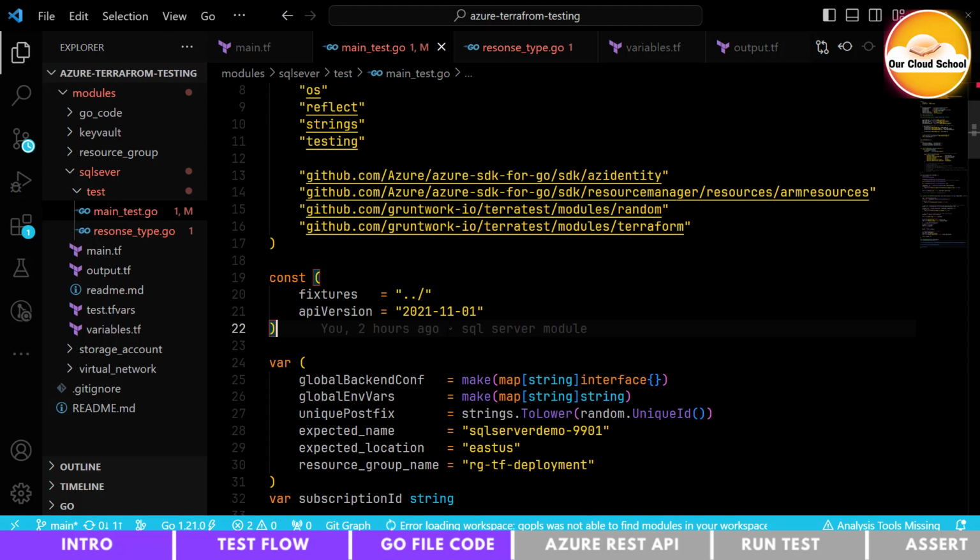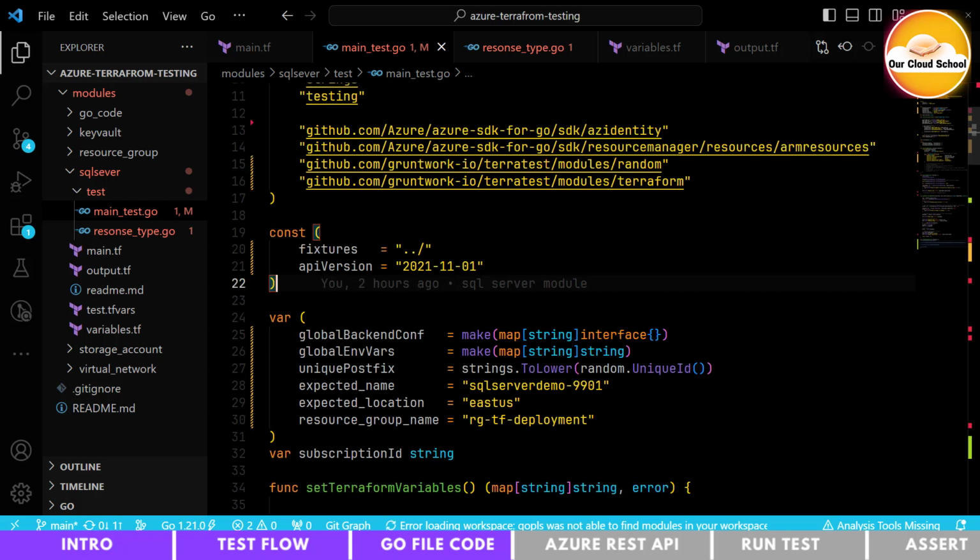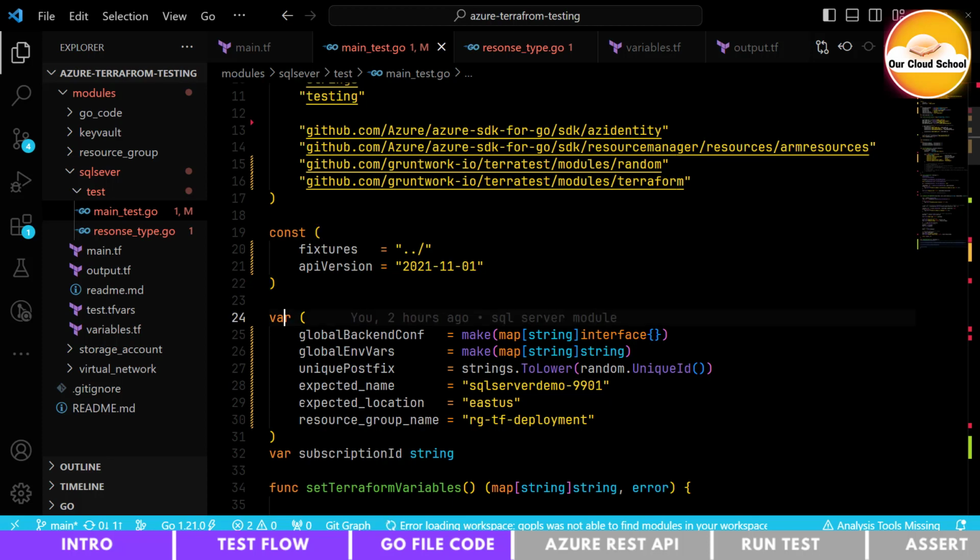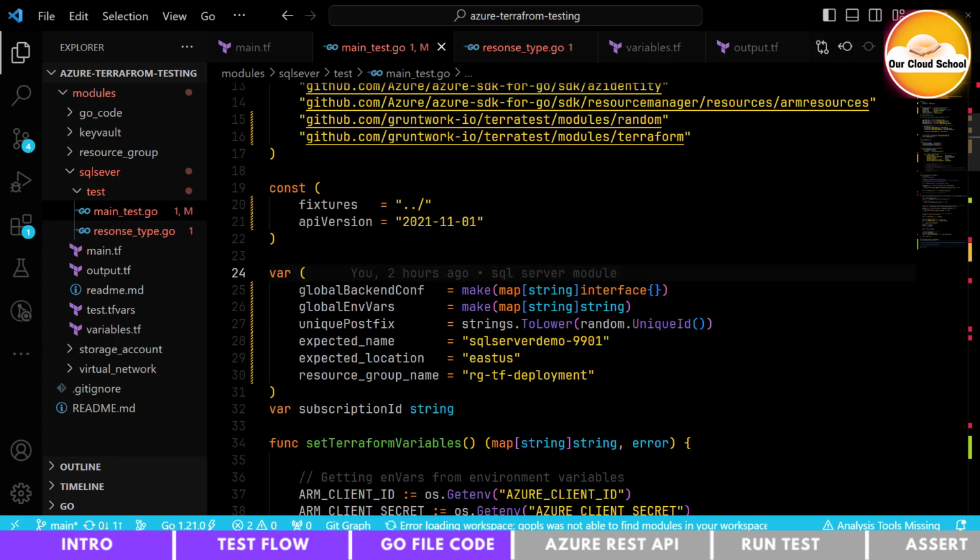And that's why I decided to use the REST API so that I read the actual resource description or resource property from Microsoft Azure using the REST API, and I will be using that in the asserts by comparing actual versus expected. And that is why this particular demonstration is totally unique and different from my previous videos, so please pay attention to that. Next, you have the variable files, and inside the variable files I am trying to declare